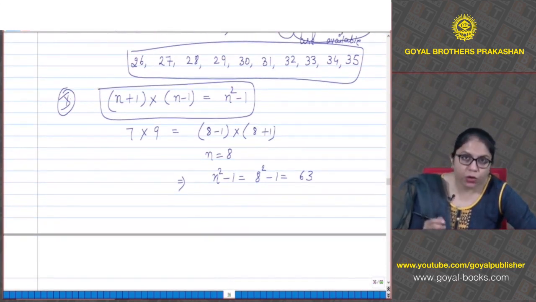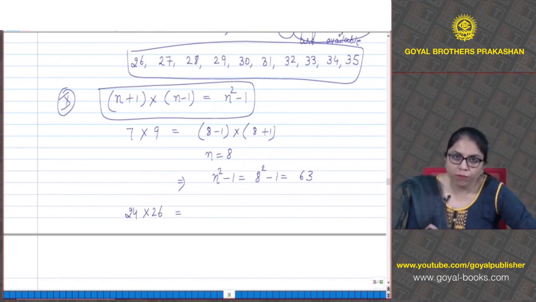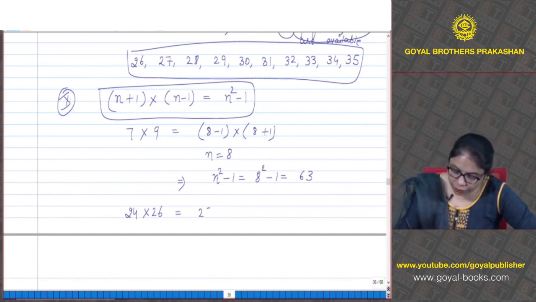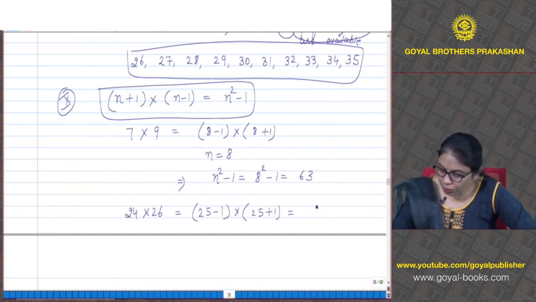Now let's take two consecutive even numbers. Suppose 24 and 26. You have to find the product of these two consecutive even numbers. How can we write 24? 25 minus 1. And how can we write 26? 25 plus 1. Okay. Now here n is what? 25. n square minus 1. That means 25 square minus 1. So this will be 6